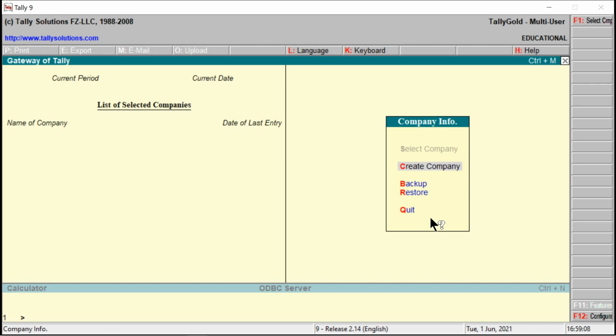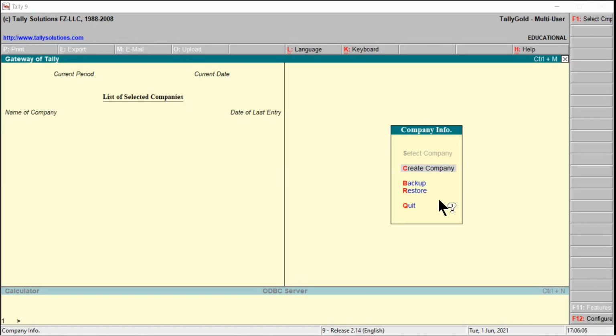Via the hotkey, we can use the shortcut key. Suppose I have to go for create company, just press the key C or type the letter C. In the same way, for backup B, restore R. Okay, right now we have to go for creating a company. I just press the letter C.